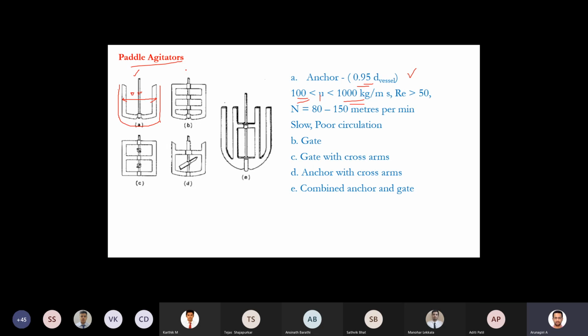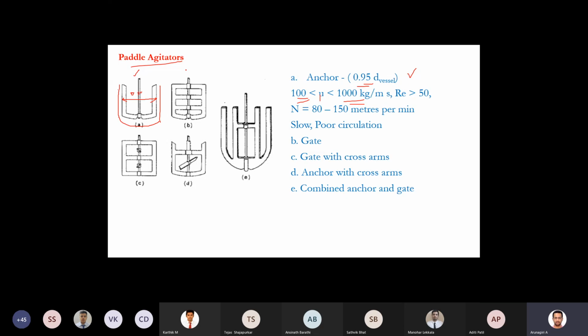In the process industries, thickeners are normally horizontal tanks, which means the diameter is more when compared to the height. So the H by D ratio will be less than 1. If H by D equals 1, the height and diameter are equal. If H by D is more than 1, the vessels are vertical vessels: the height will be more and the diameter less. Distillation columns and absorption columns are very good examples of tall or vertical vessels.